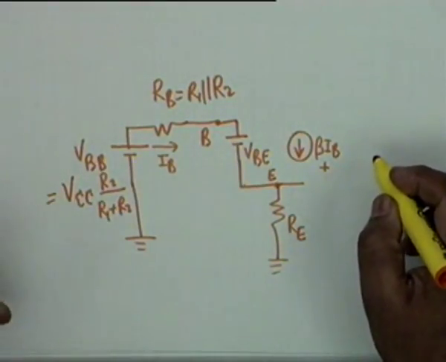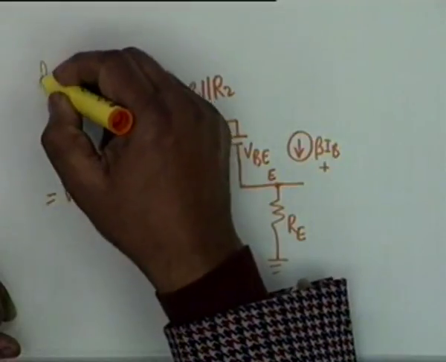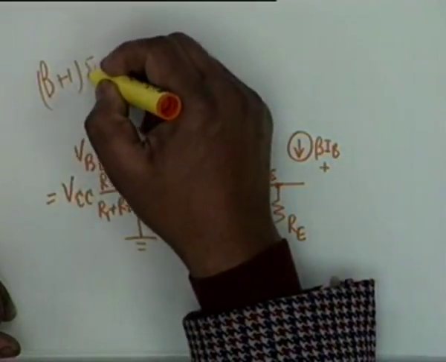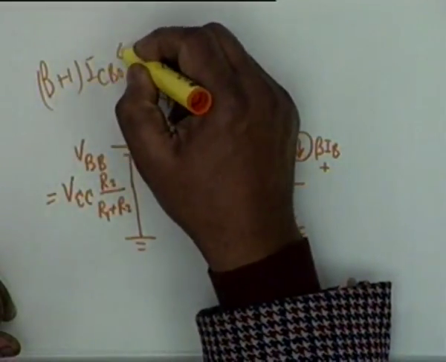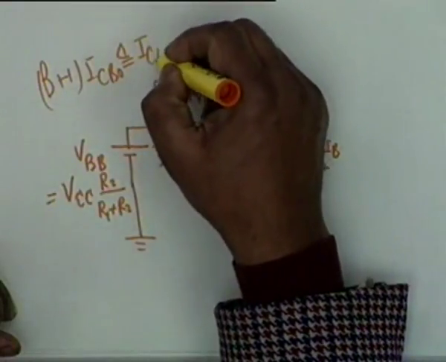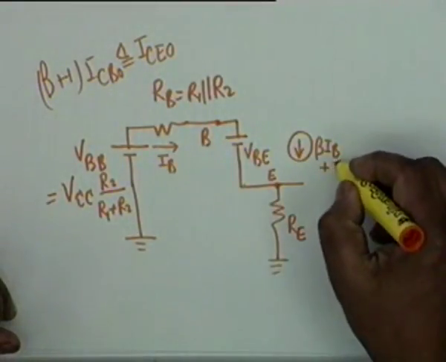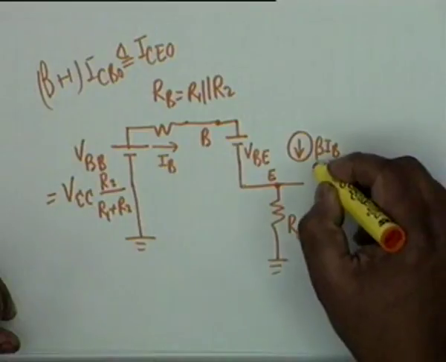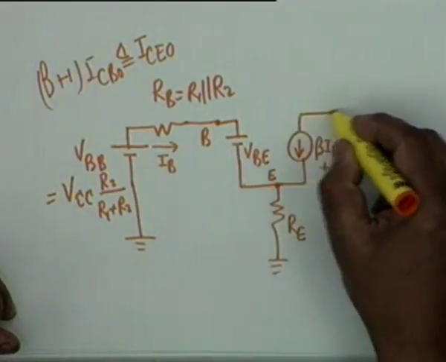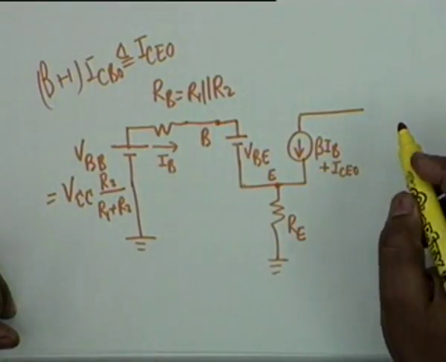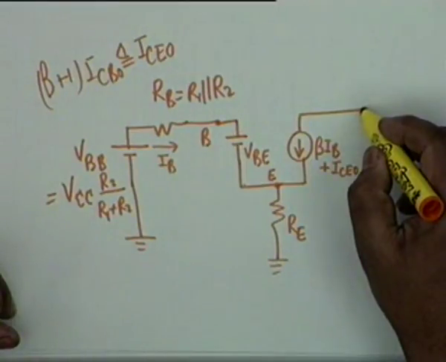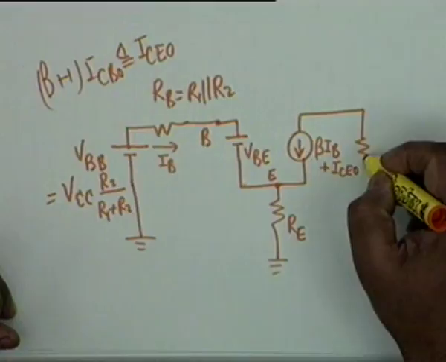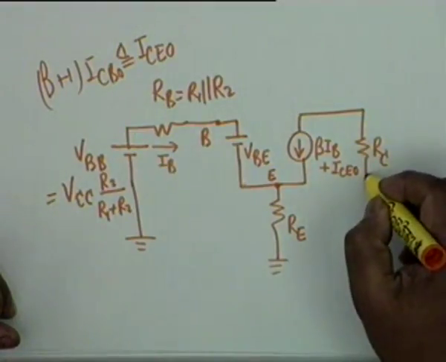So, beta plus 1 ICBO, and you also know that beta plus 1 ICBO we denote by ICEO. So, let us denote it by ICEO. This is the current generator, this is the effective collector current, and we of course have the resistance R sub C, which goes to